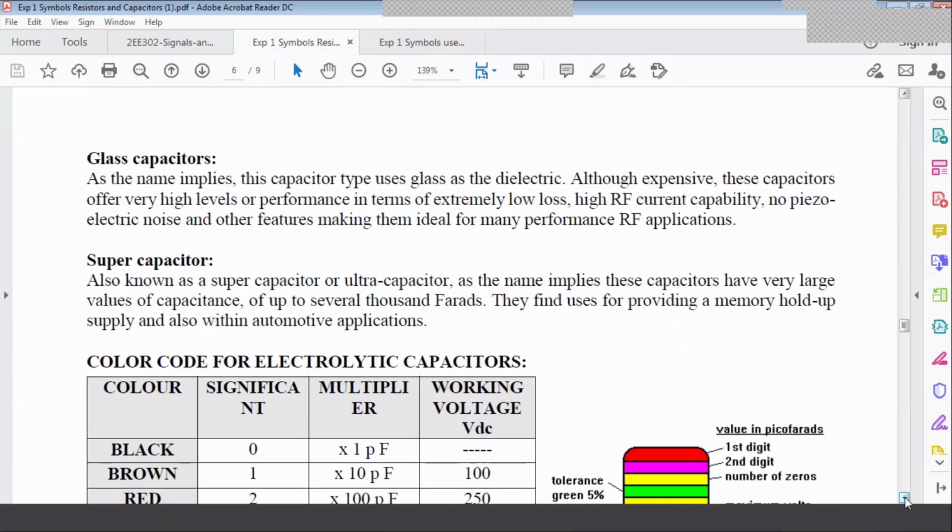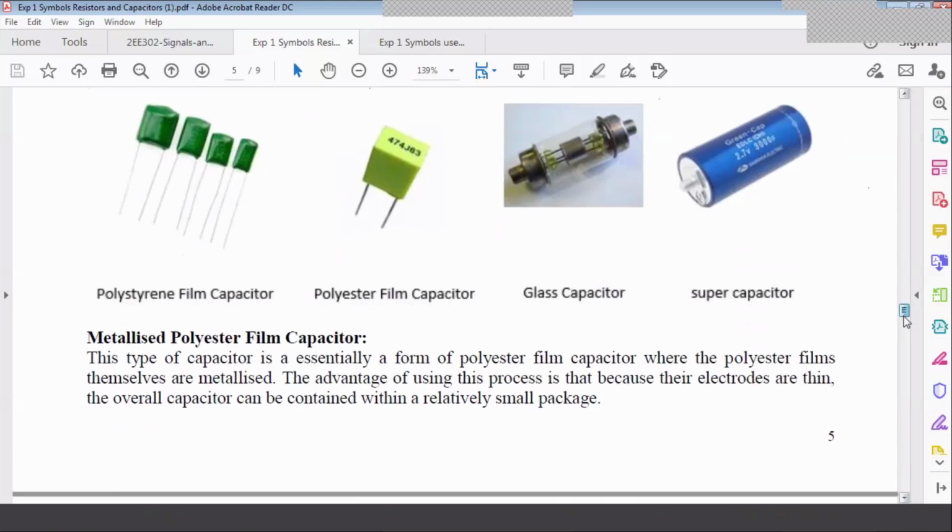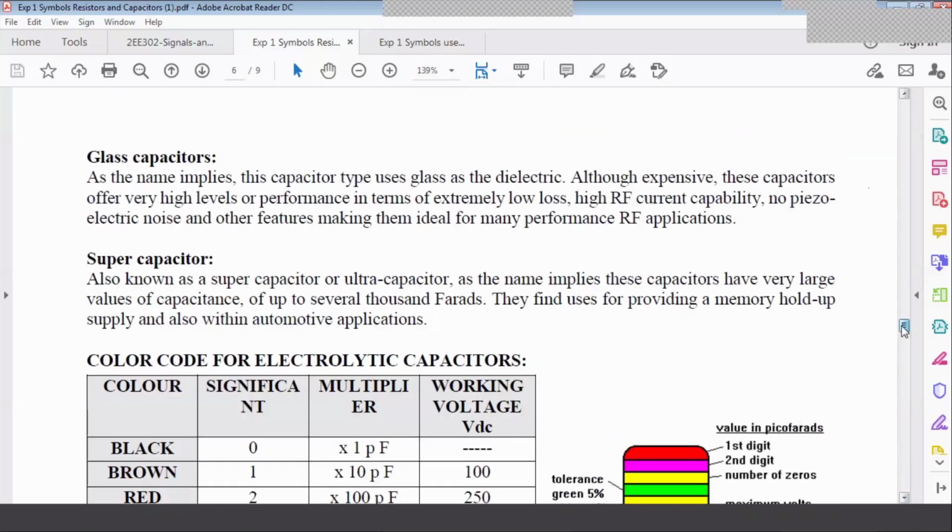Now comes the glass capacitor and the super capacitor. You can see in the figure, this is the glass capacitor and this is the super capacitor. Glass capacitors use glass as the dielectric medium and they are a little bit expensive. These capacitors offer a very high level of performance in terms of extremely low loss.